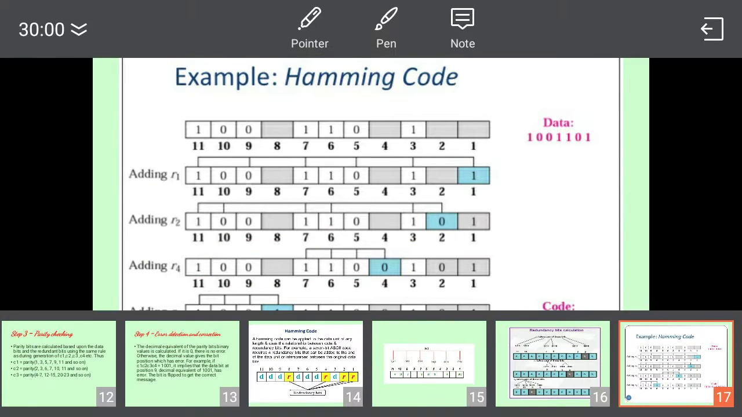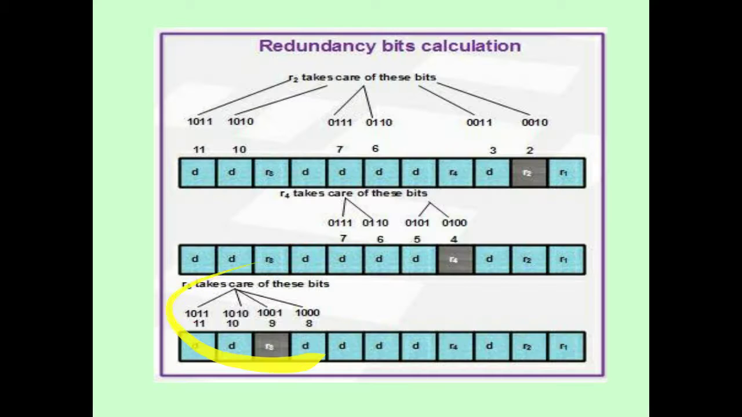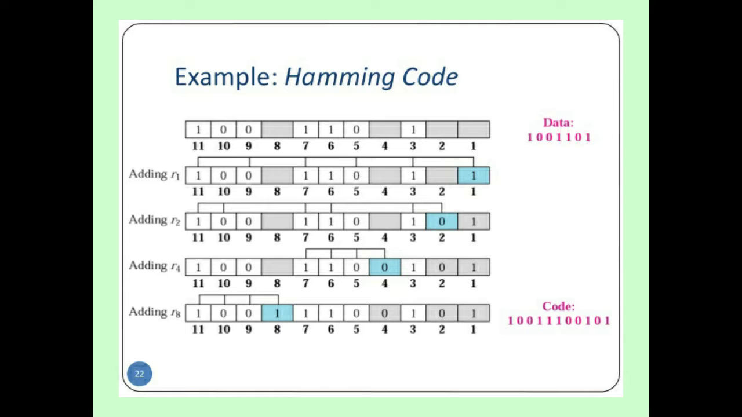Now for calculating R8, what do you have to consider? The bits 4, 5, 6, 7. What are the different bits? 1, 2, considering the parity, 3. So there is an odd number of ones. Hence it is set to 1. And the final code is this one, with the data present in this. Now, after considering this data,